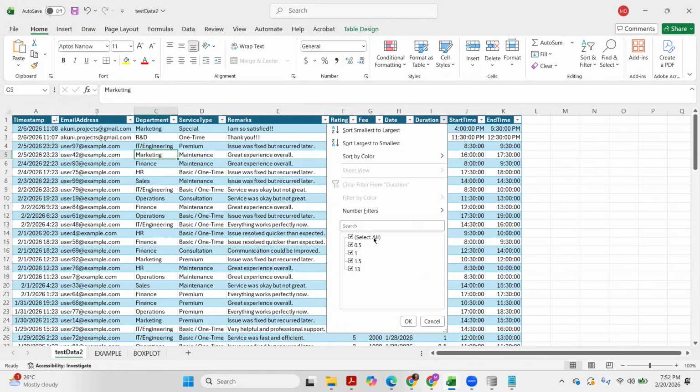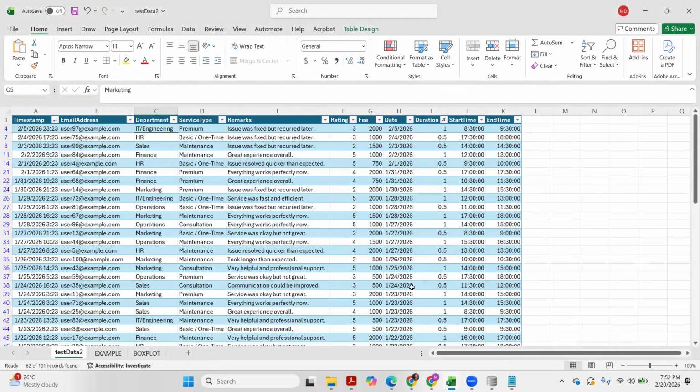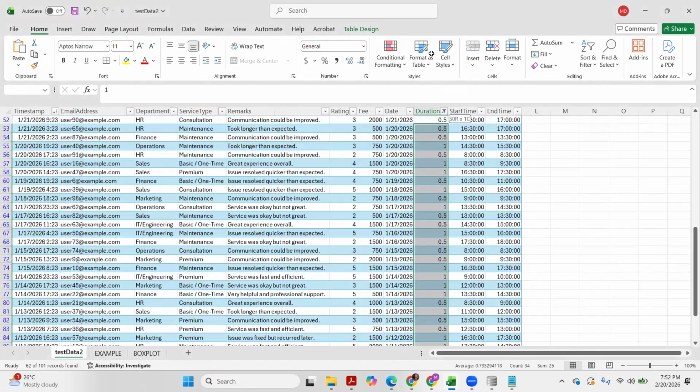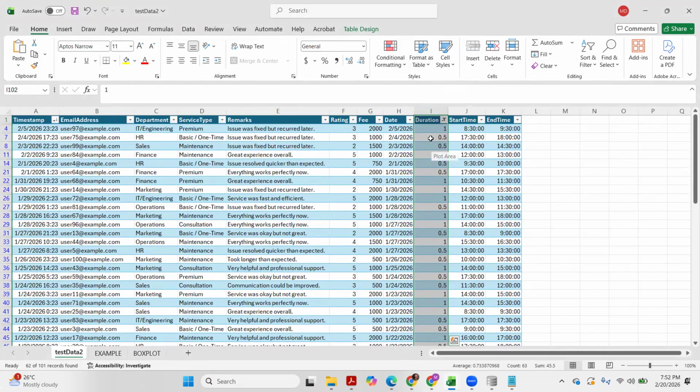These are the values that come out in our entire data set. I want to see everything that has a 0.5 duration or, let's say, a 1 only. 0.5 or 1 hour. So I uncheck the 2, the 1.5 and 13. As you can see, everything here is either 1 or 0.5 only. 1 hour or 0.5 hours.